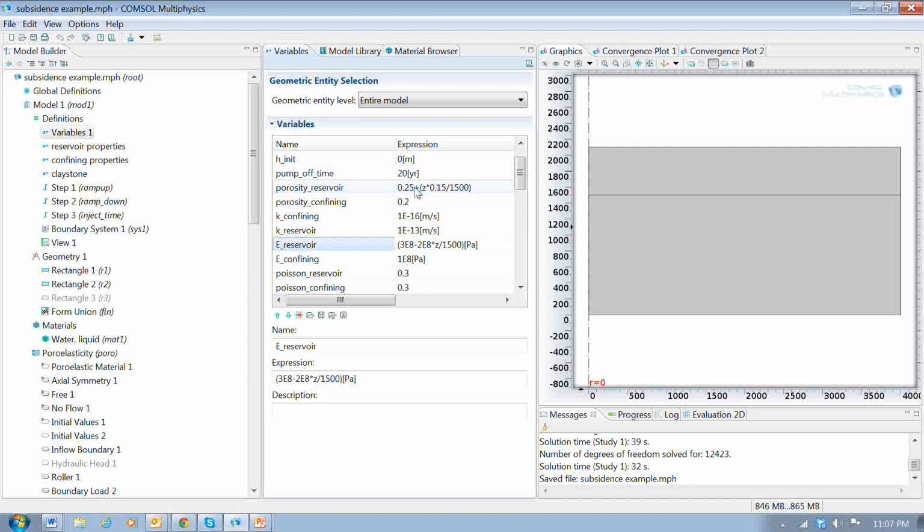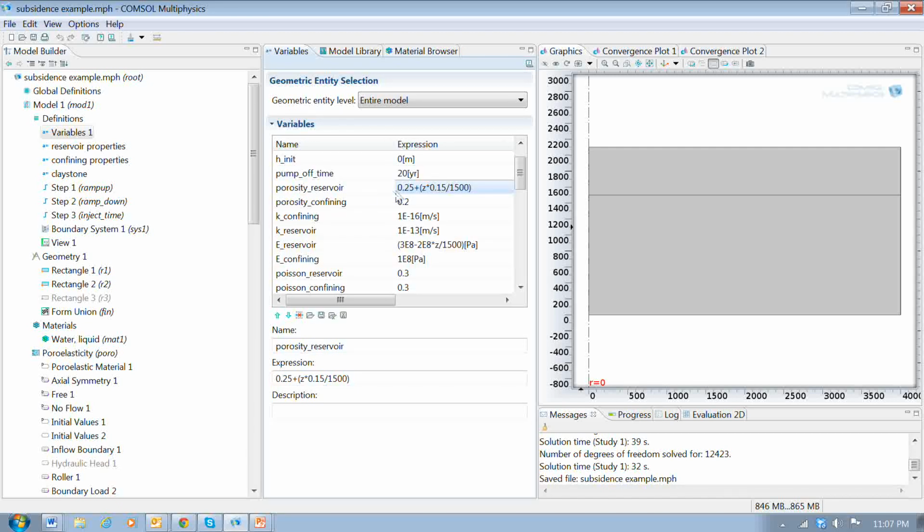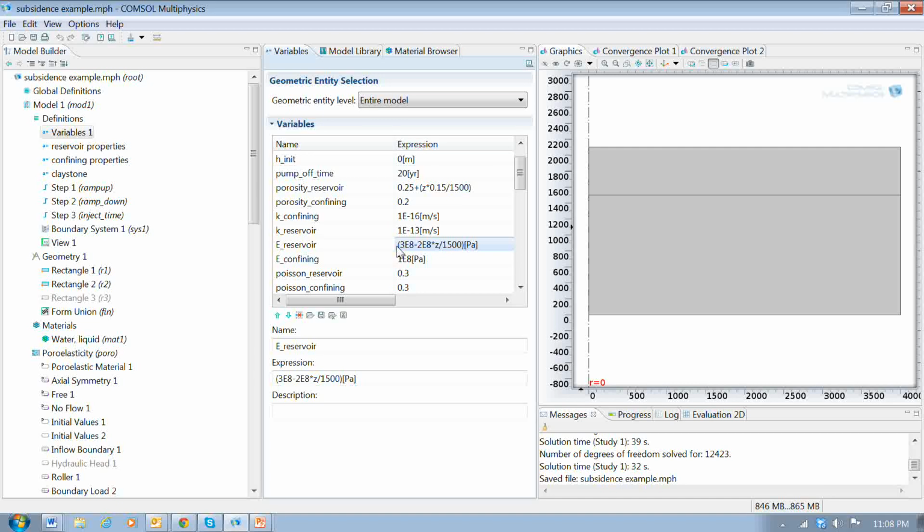So what I've done is said that the porosity at the bottom is 0.25, and then it's a function of z. Basically z starts here at the bottom at 0, and so over this 1,500 meters I'm going to add on 0.15 to 0.25. So up at the top the porosity is 0.4, and then here the modulus is 3e8,